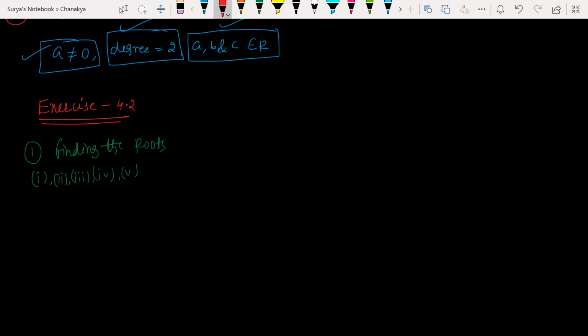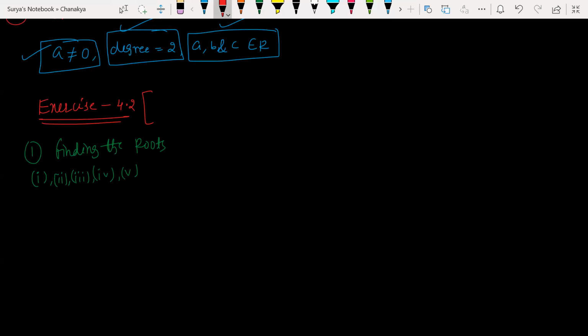Guys, exercise 4.2 is also homework for you, but it need not be submitted by tomorrow itself. Take your time, take 3 days, submit to me, and just intimate me that you have done it, after 3 days, not now. I'm just discussing the problems in exercises 4.1 and 4.2. If there are any difficult sums, I'll pick that sum and we'll try to solve that difficult problem.